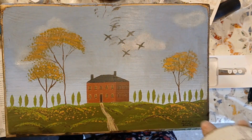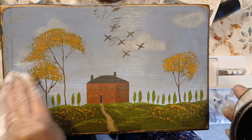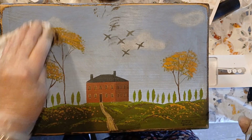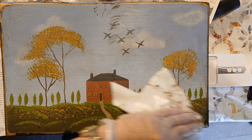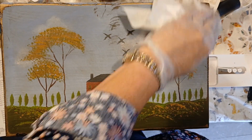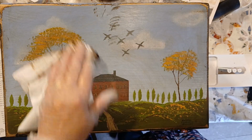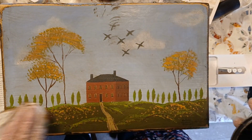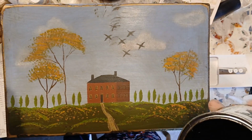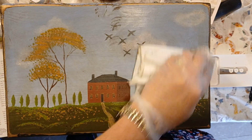But you can kind of see the difference about where I waxed and where I haven't. And of course you definitely want to hit the areas that you hit with the sander. And a little goes a long way. And of course you can't see this all that great on video, but it did give it a little bit